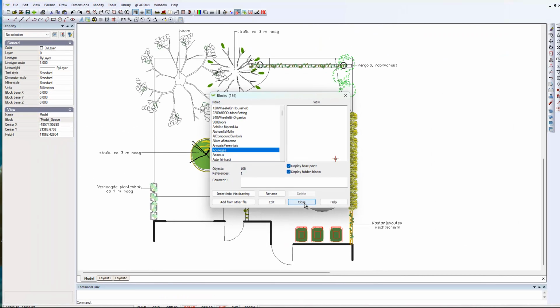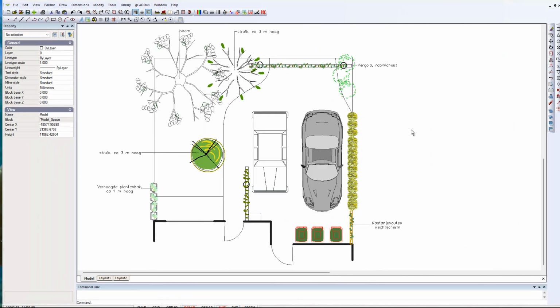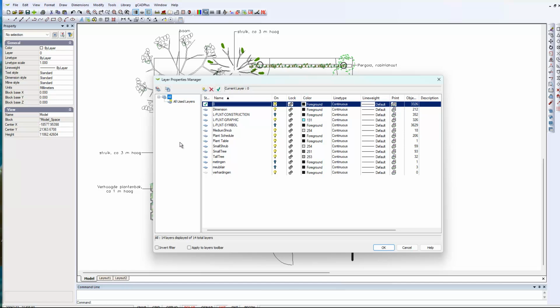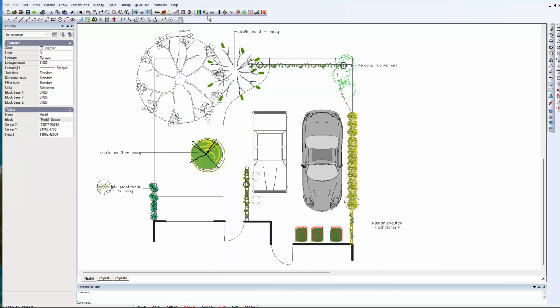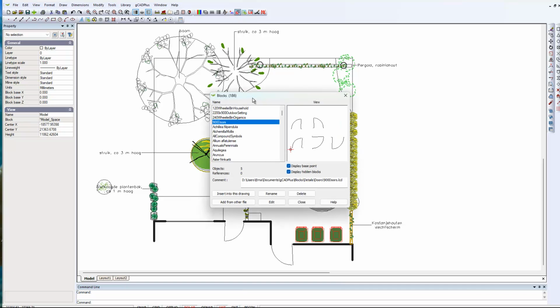So let's close. My guess would be that it's a layer problem. And if we go to layers, it's worth knowing that you have two options here. If you pick all and right click, you can say I'll turn the visibility of all layers on, but in this case it's more useful to click on the all used layers and say turn the visibility of those such that they're all on, and then come back to that blocks command, and we'll just scroll down through here